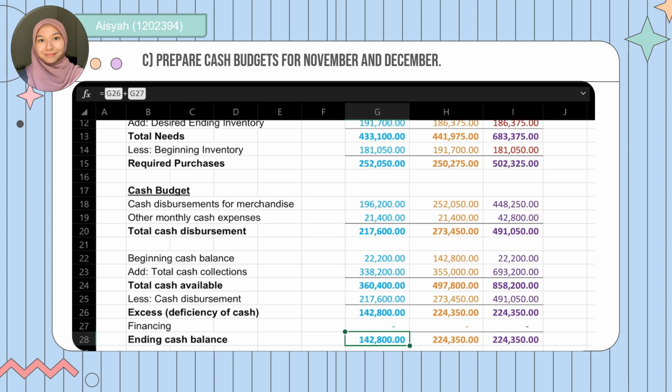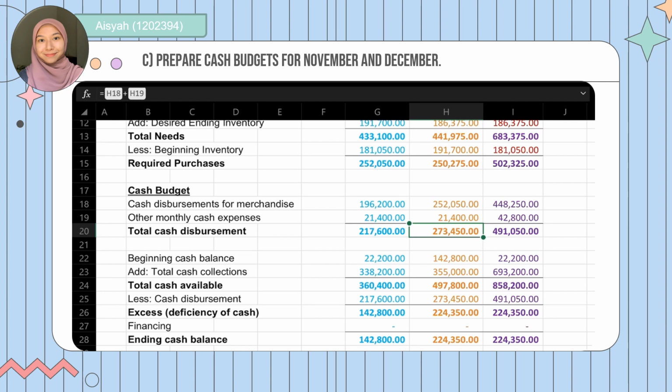In the cash budget for December, the cash disbursement for merchandise amount is taken from the required purchases in the merchandise purchases budget in November. Why November and not December amounts? Because in the question, it has stated that payment for merchandise is made in the month following the purchase. And then, as usual, we add other monthly cash expenses of 21,400 to get total cash disbursement of